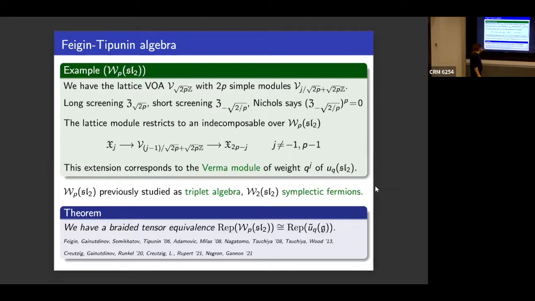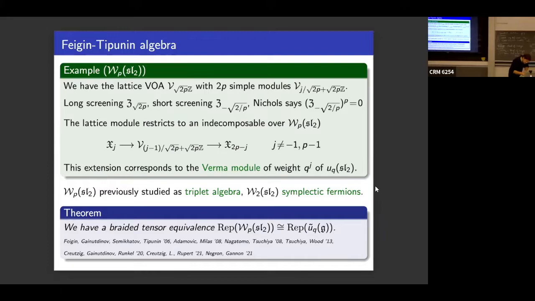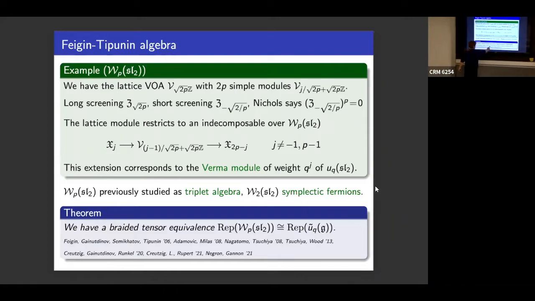And in this case, now we have a theorem that there is a braided tensor equivalence between this representation category and these representations, and there should be an SL2 here. So you can see that. This is work by several people. As I said, these people in particular started this, and then Adamović and Milas classified the simple modules, and Tsuchiya, Wood, Creutzig and Runkel came up with this in the SL2 case. And then there were the final steps of proving that you actually get a tensor equivalence. At this point we already have an equivalence of abelian categories, but this is how you get a tensor equivalence in 2 very different ways.